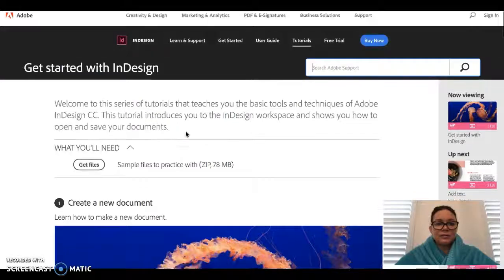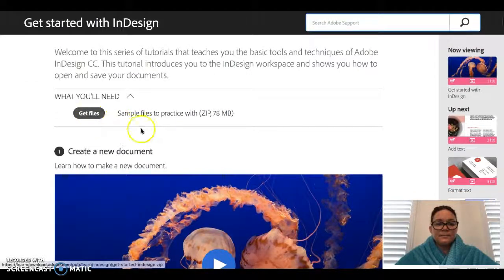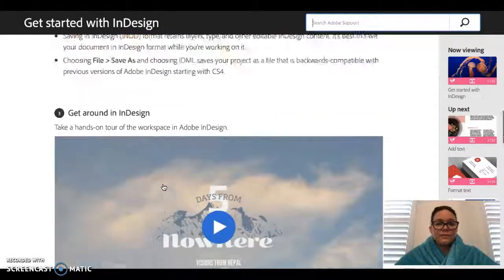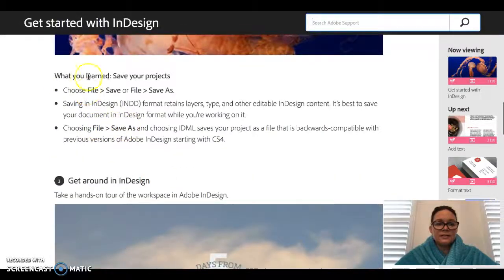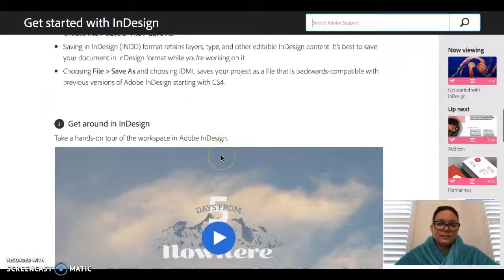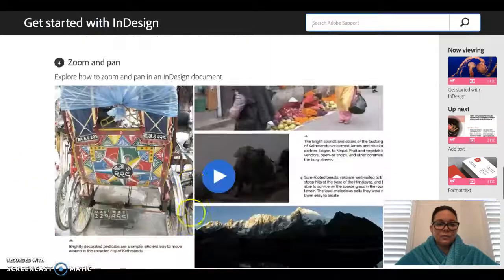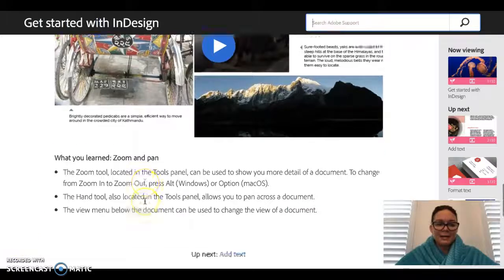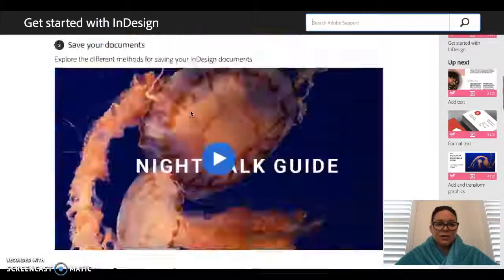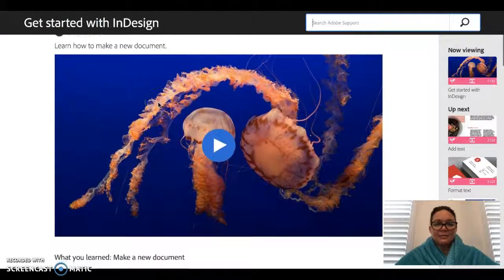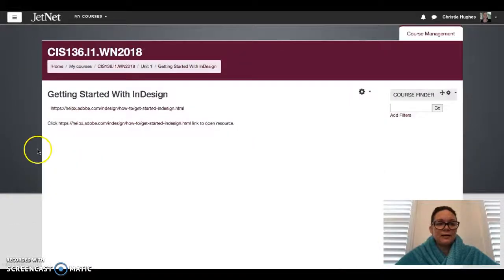InDesign tutorial page, where you can download your files, view the videos, and then for each video, you can see you go ahead and save a file. You will save down. They'll let you work with some zooming and panning, and honestly, there's not a whole lot that you do with these files, but it allows you to at least practice. You open, you save, and then you submit. So if you go back